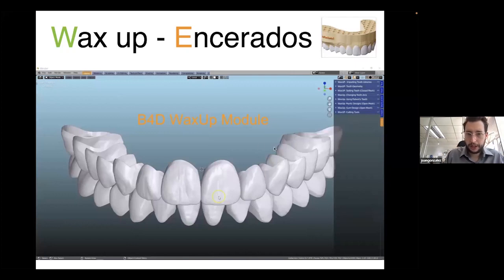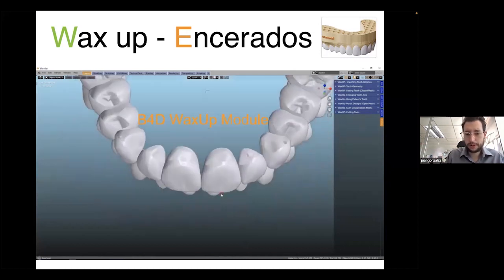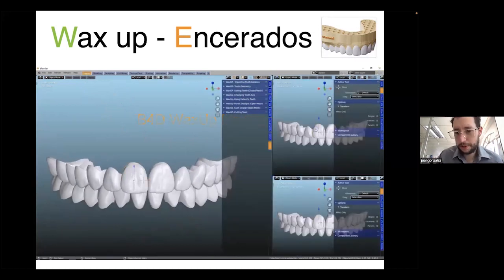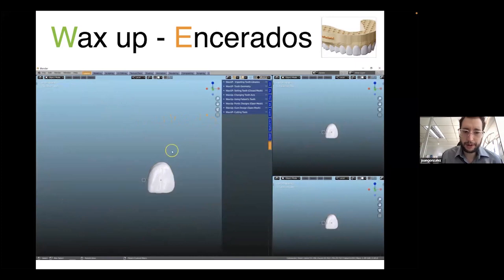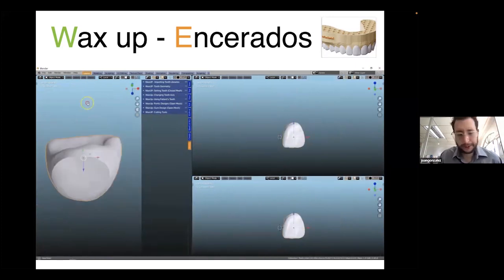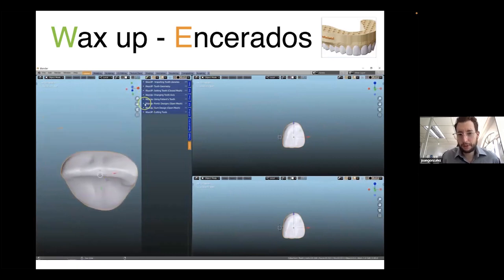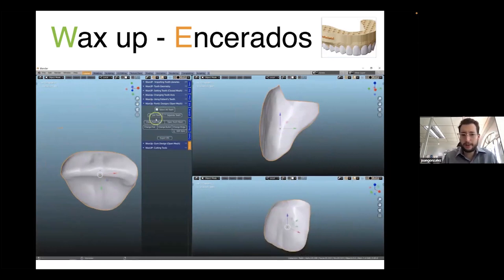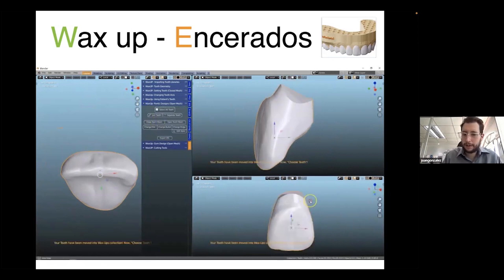And here we have one of the main modules, which is the wax-up module. When we are doing implant work, we can use this module to define the correct position of the temporary and to plan our implant work around it, right? Of course, this can also be used to make diagnostic wax-ups, and a lot more,